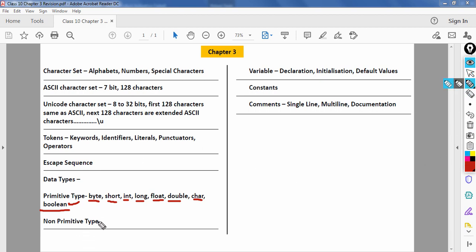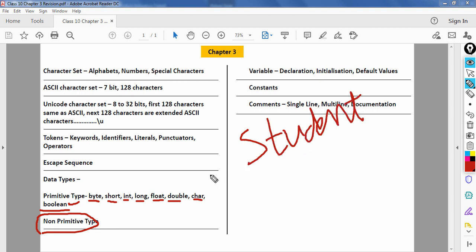The next category of data type is the non-primitive type. So what is non-primitive type? Non-primitive types use the primitive types along with other non-primitive types to create a new data type. For example, if I say I want student type of data, which data type will you use from these? Will you use short, int, double or boolean? Actually you'll be combining very many primitive types.